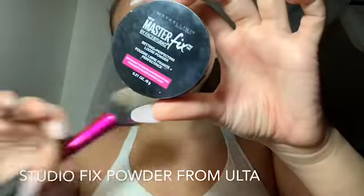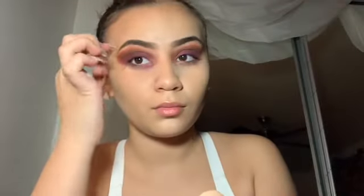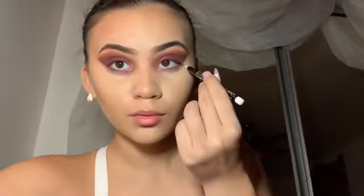Okay, so I applied the Master Fix powder underneath my eyelids, and I put tape on it. It's up to you. I like to use it because it makes it more sharp to me. And I'm also putting my Maybelline New York concealer underneath of it in case any powder got on it. Now I'm going to be using my NYX eye pencil in the color white, and I'm applying it on my